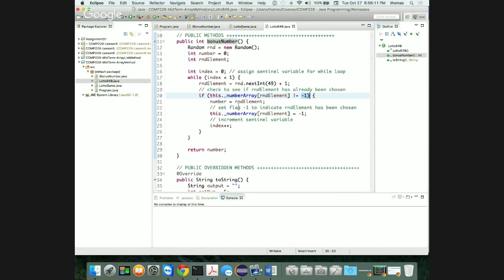It's very similar to the other one. And if you notice, I'm doing the same kind of array stuff. Here's my random element, and I check to see, using the random element as my index, whether that element in the number array has been flagged as seen. And if it hasn't been flagged, then set the number that I'm going to return from my method. I'm just returning a number, which is an integer. Set the number to the random element. That's the number that I'm going to use for my bonus number. And then